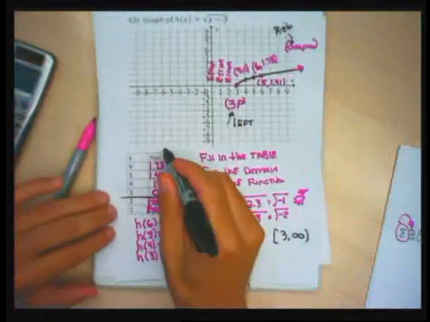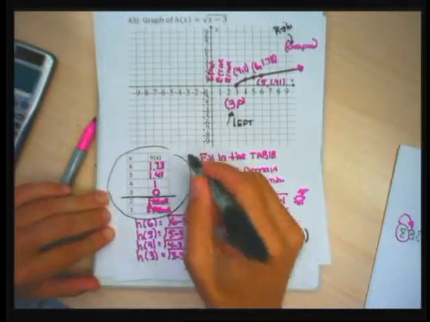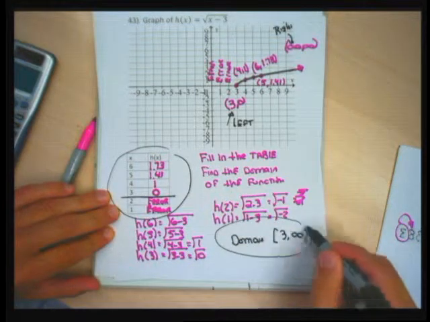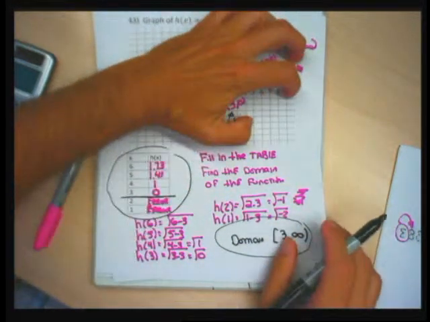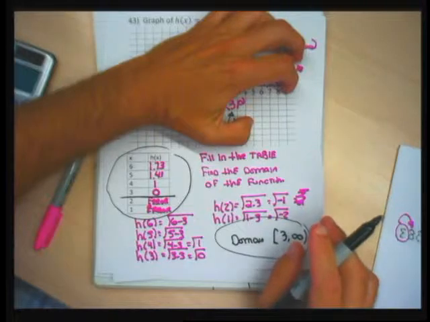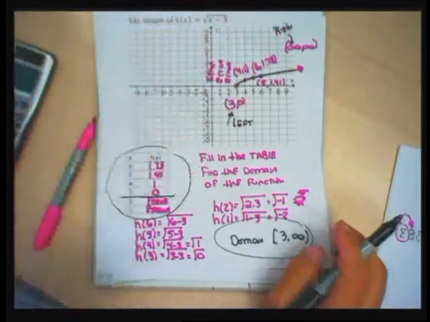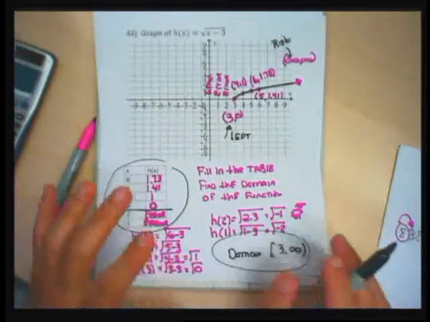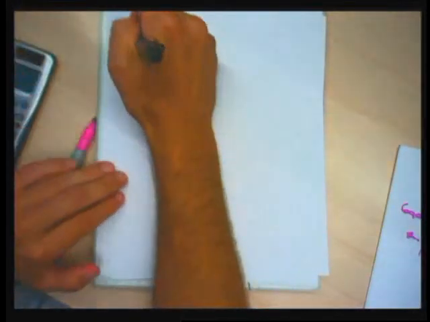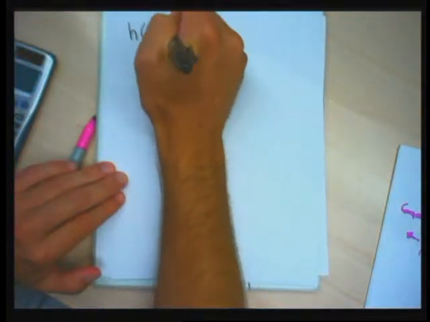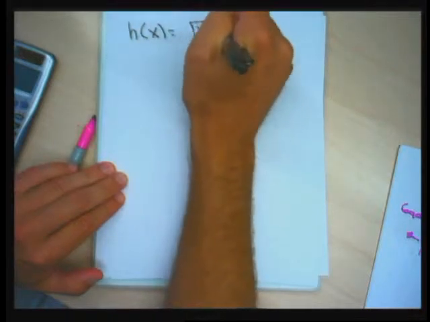So I've completed this problem because all it asks me to do is fill in the table and find the domain. You don't have to sketch a graph, although it might help you visualize the domain a little bit better, but you don't have to. But in general, like this problem, h of x equals the square root of x minus 3,